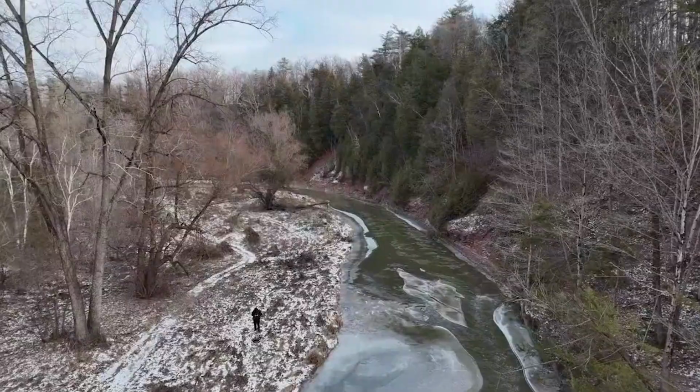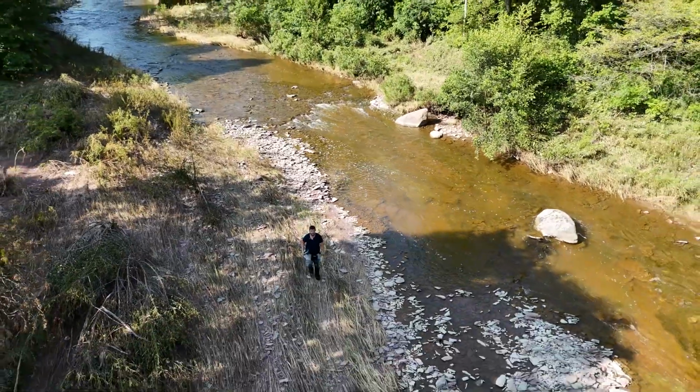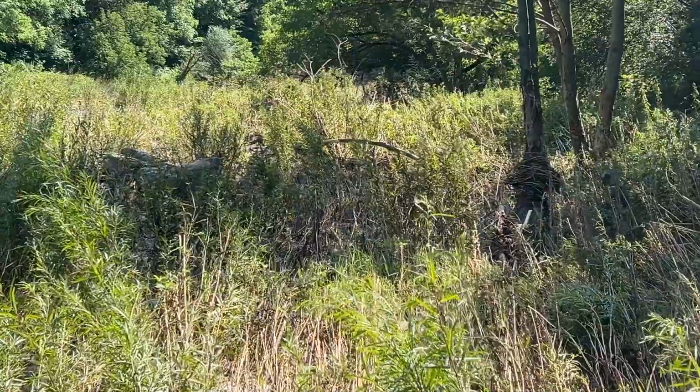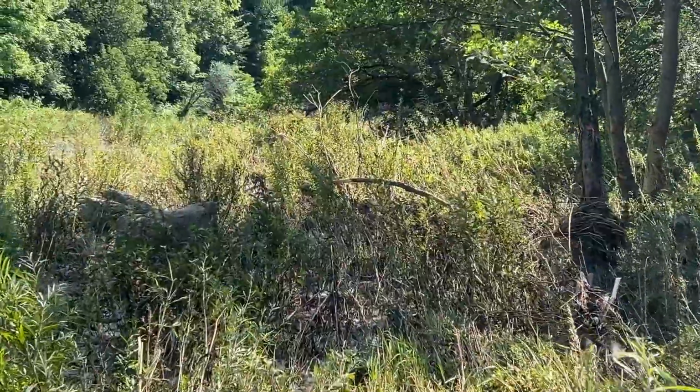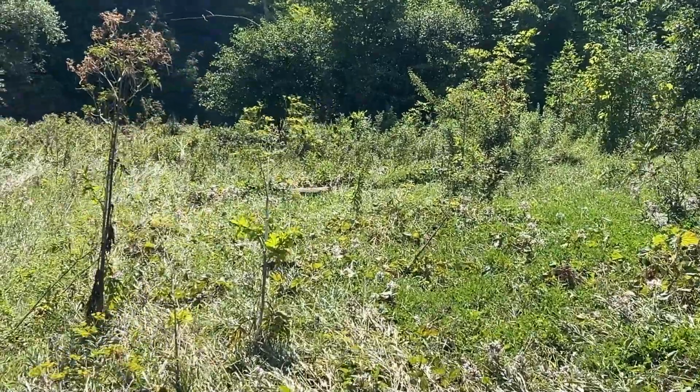So ecological corridors are areas of land or water that connect fragmented habitats, allowing species to move and interact with one another. And these corridors can take many forms, from narrow strips of vegetation between developed areas to wide swaths of protected land that span entire regions. And Glenorchy Conservation Area is a prime example of how ecological corridors can make a real difference in the fight